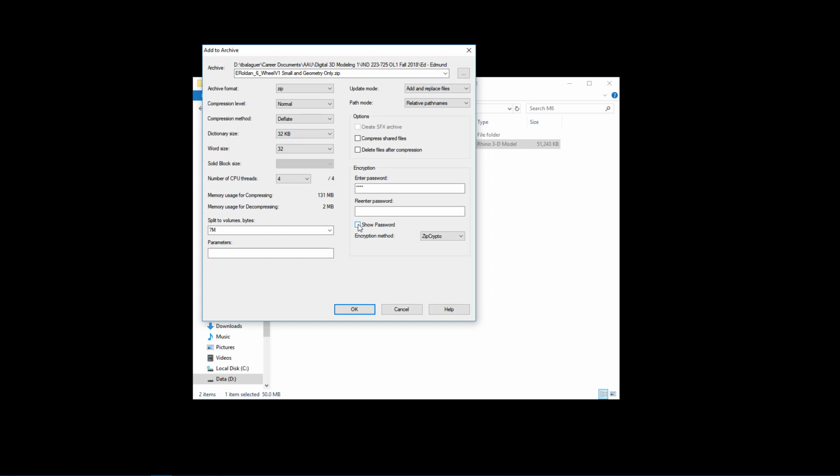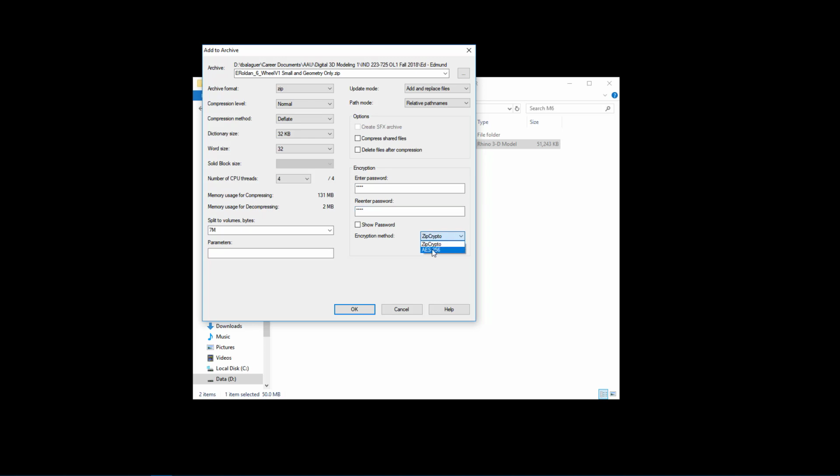Now we can also show or hide the password. This would be if you're in a public place, you're in a computer room, there's people around you, you don't want to publicly give the password out, especially if there's some kind of camera looking at your monitor. So again, this is for security reasons. If you really want to be secure, you can use a password. You would not want to show the password. So this would be 0, 1, 2, 3.